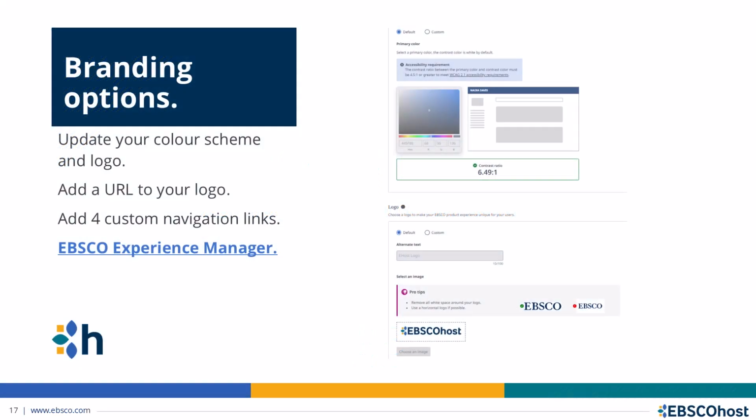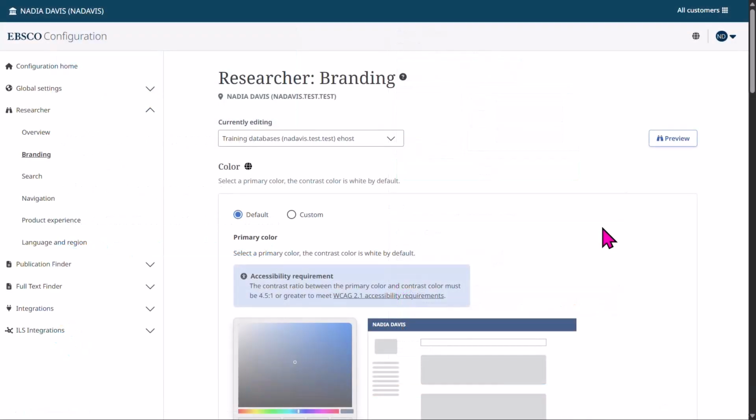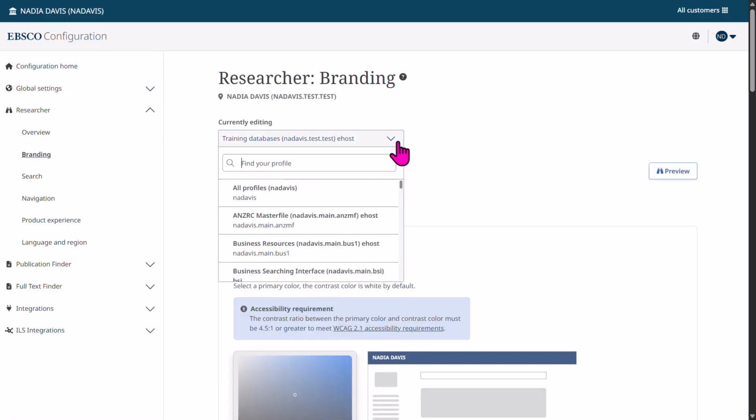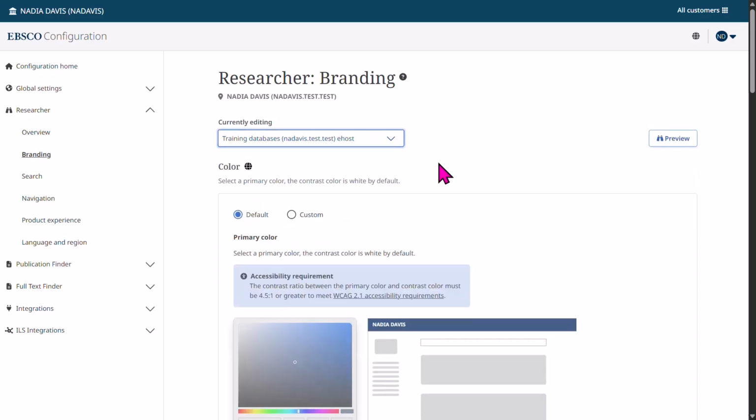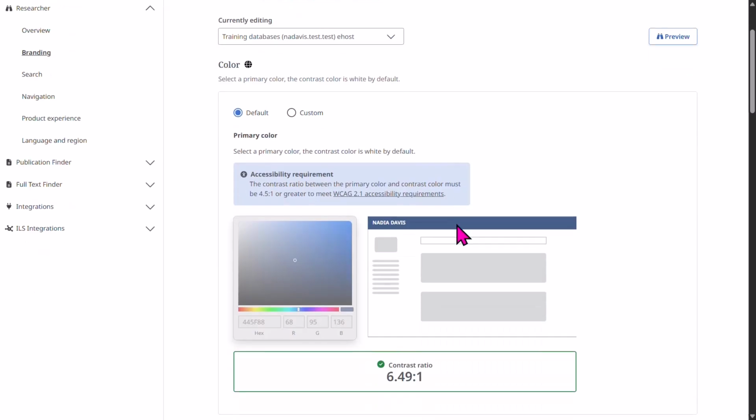We will now review branding options, including your color scheme and logo, adding a URL to your logo, and adding up to 4 custom navigation links. You will require access to EBSCO Experience Manager to configure these settings. To configure your logo and your color scheme, in EBSCO Experience Manager, in the EBSCO Configuration module, under Researcher and Branding, navigate to the appropriate profile that you wish to edit,